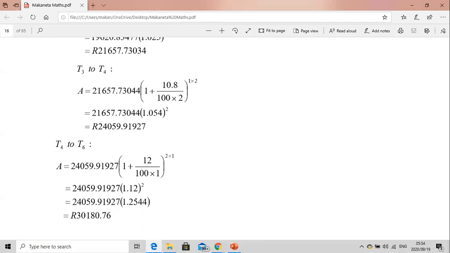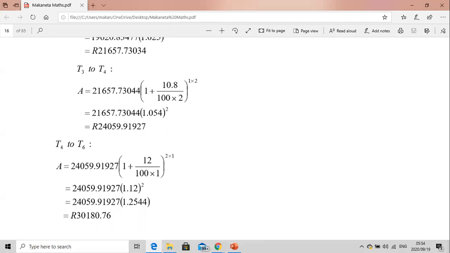And then we know that from T3 to T4, we now have 24,059 rands, 91927. And we are now going to look at the last 2 years now, where interest will be charged only